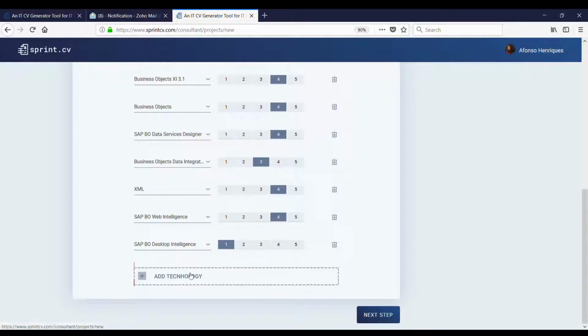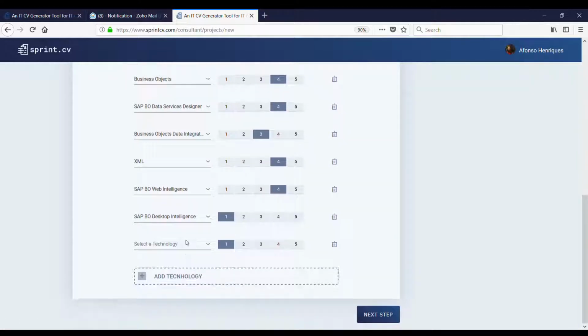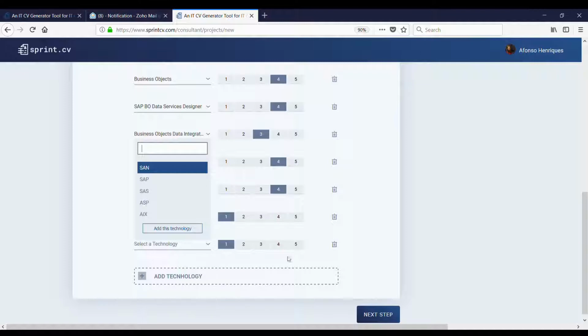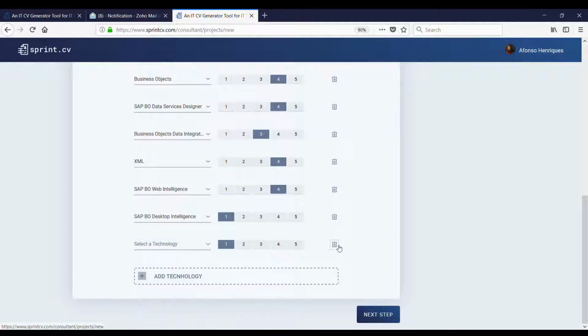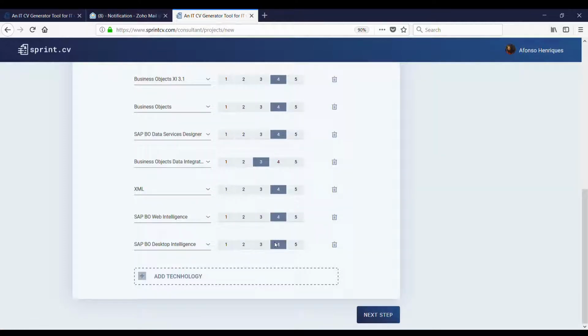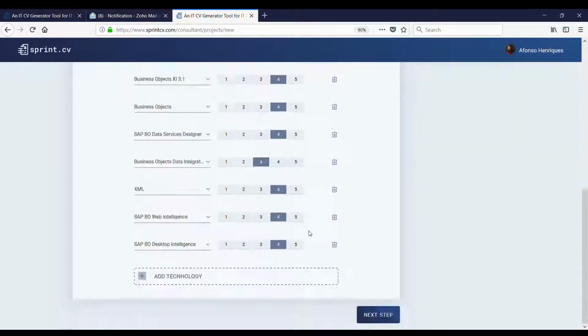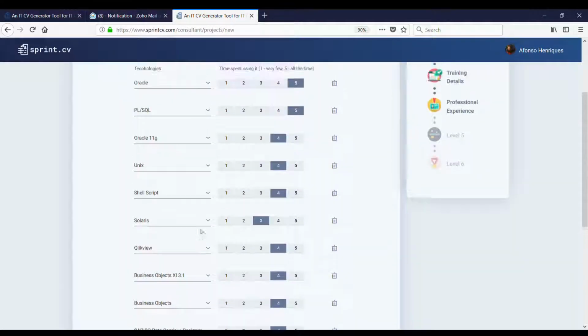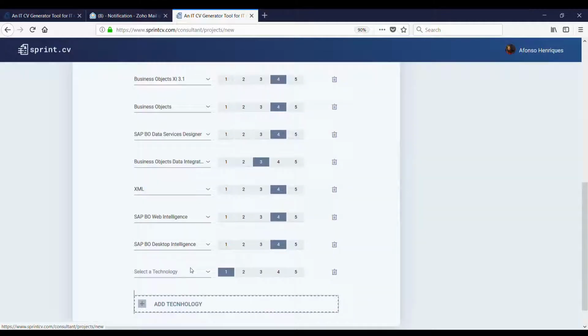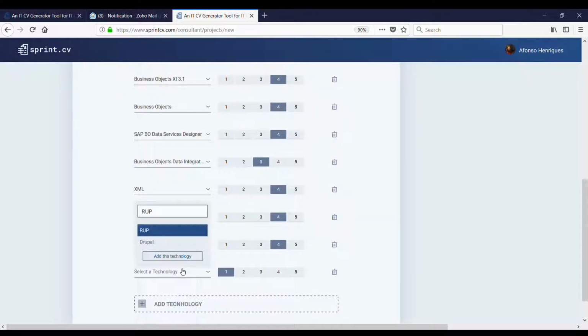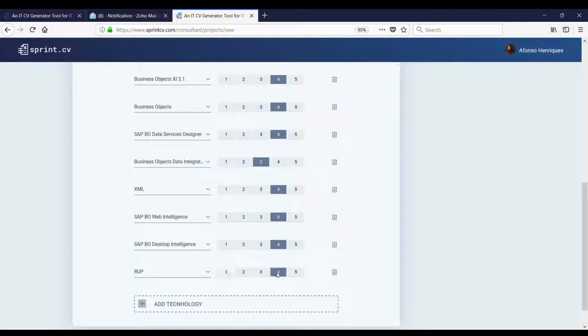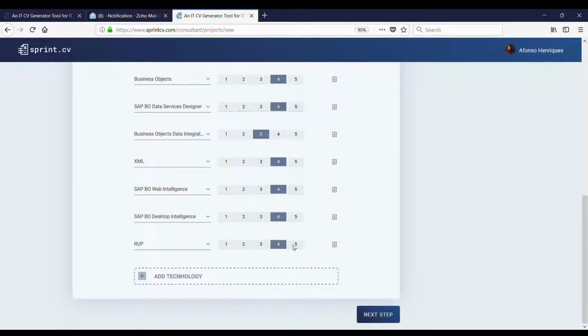If you don't find yours, you can always add it by clicking. You just write it down and then you can add something else. So I'll just delete this and SAP BO was this. We have been working with all these technologies, and the methodology was RUP 4. All the time. Let's put 5. When you click next,